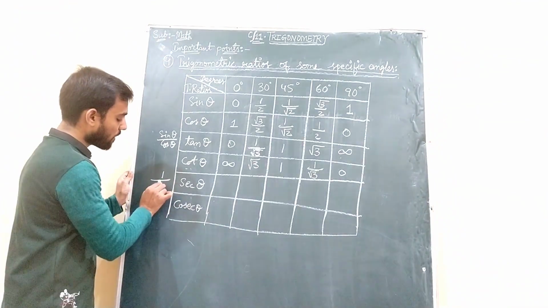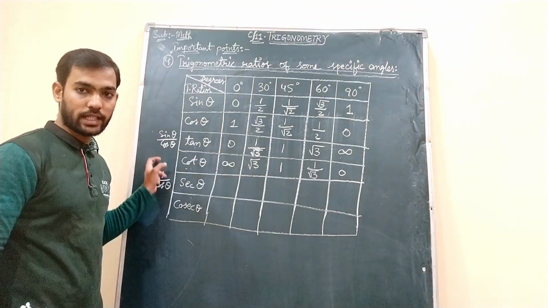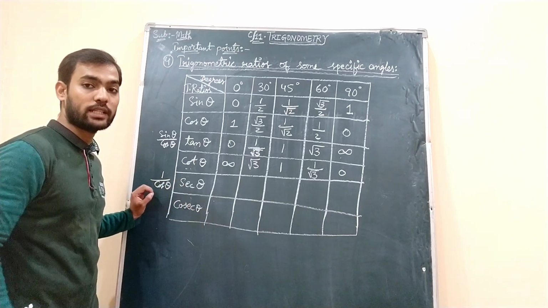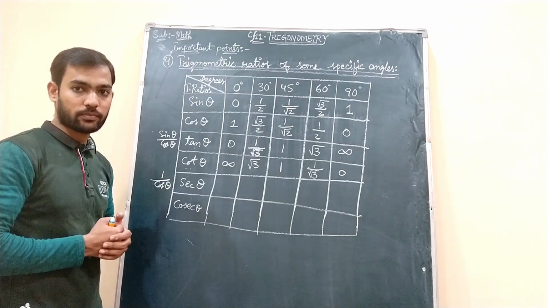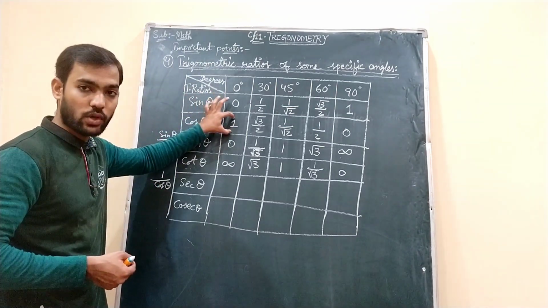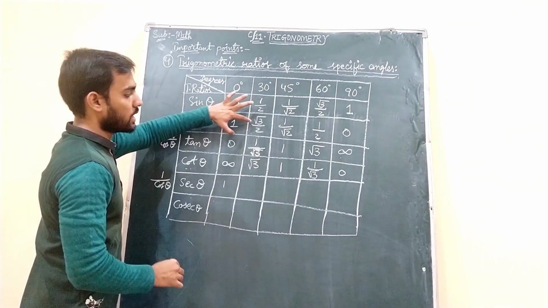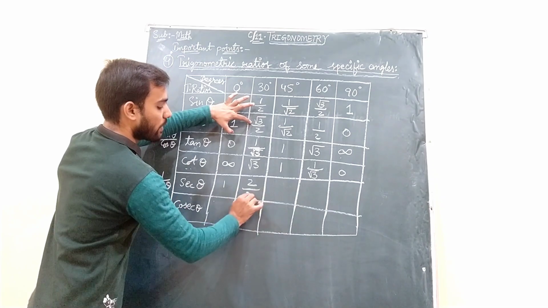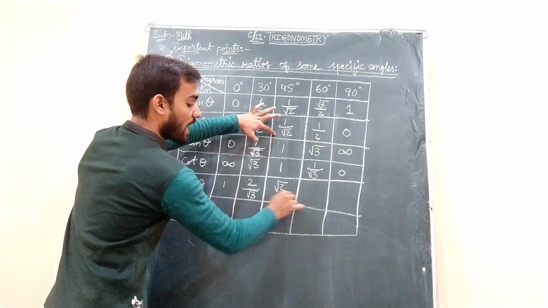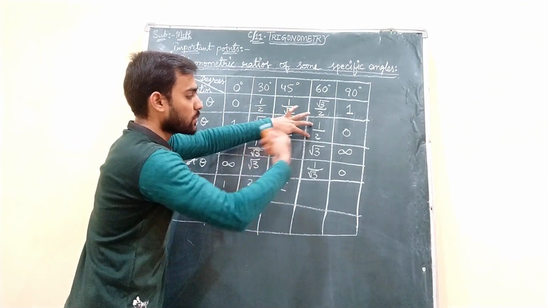You have to do 1 by cos theta. Tan theta you obtained by doing sin theta by cos theta. For secant theta, you just have to do 1 by cos theta, which means you need to write the reciprocals of cos theta. Because the reciprocal of cos theta is 1 by cos theta, right? So that is the reason, just see the values of cos theta and write their reciprocals. What is the reciprocal of 1? 1. Reciprocal of root 3 by 2? 2 by root 3. Reciprocal of 1 by root 2? Root 2 by 1 you will get. As 1 is coming in the denominator, I am ignoring it. Then the reciprocal of 1 by 2 is 2 by 1.